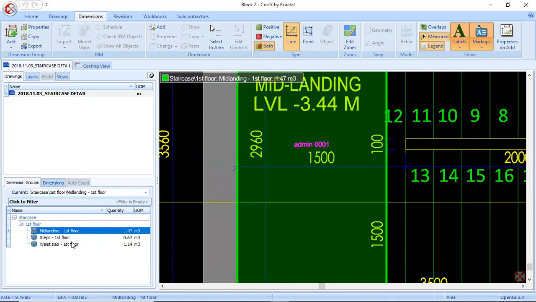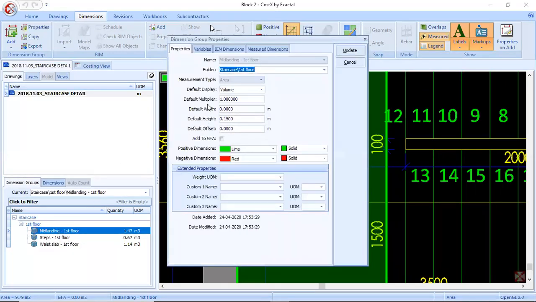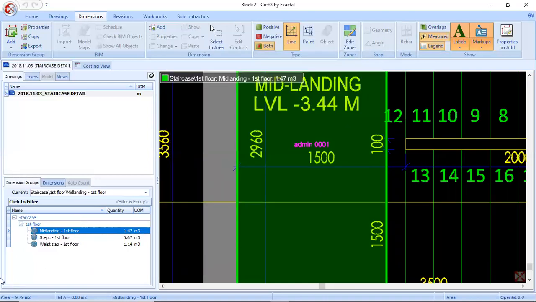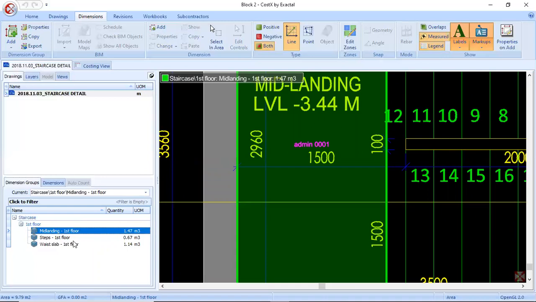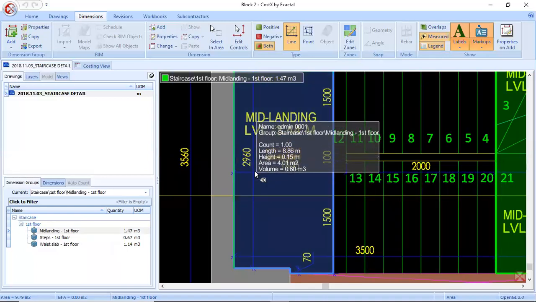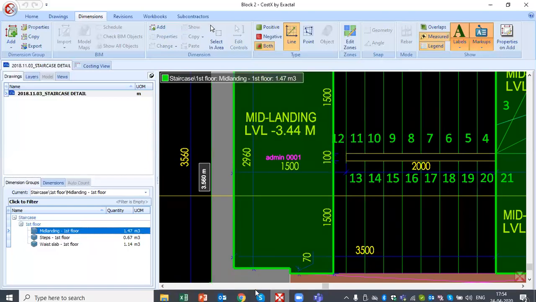If all these calculations are the same for other floors, say you have 10 floors in your building, you can just make the default multiplier as 10, so you will get the staircase quantity for the entire 10 floors. So that is about doing concrete quantity takeoff for staircase.